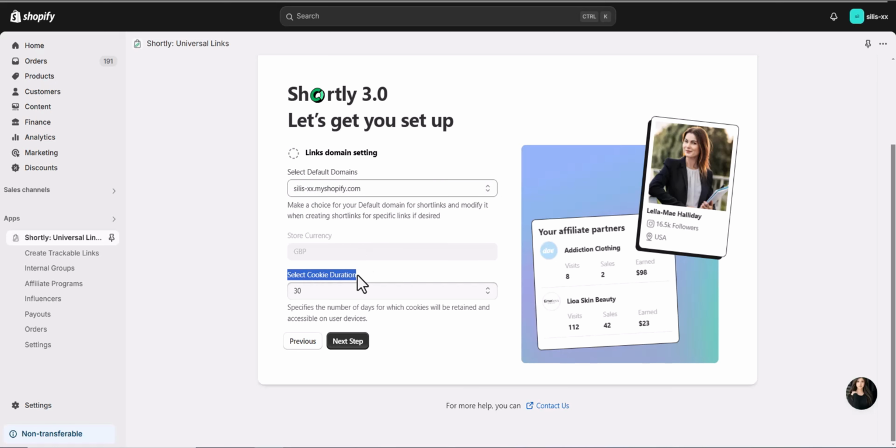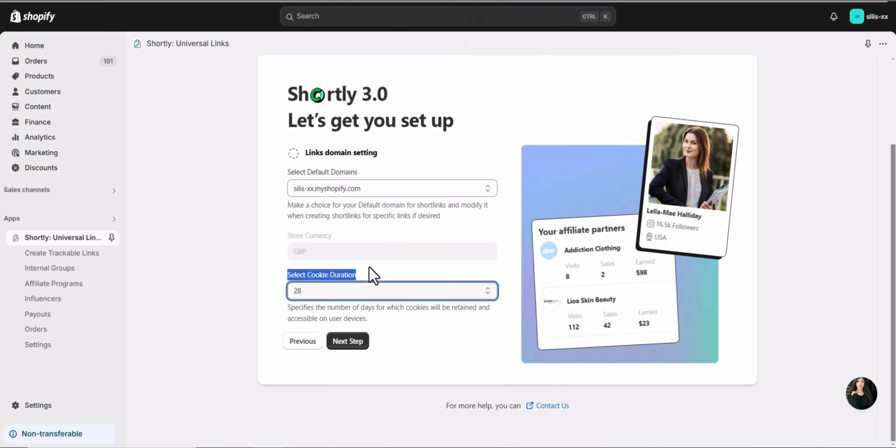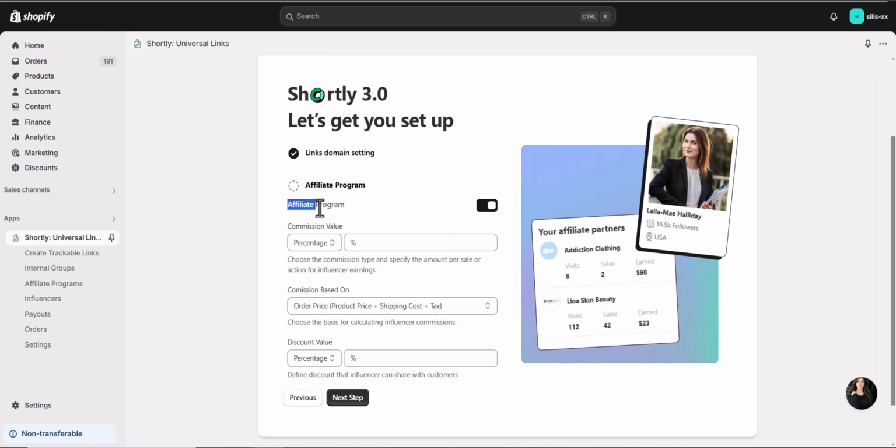Now select the cookie duration. This will decide for how long you can track the customer information through the Shortly created link. Click on Next Step. Now set up the affiliate program. It's optional to set it up, as you can use the app in both ways, with or without setting up